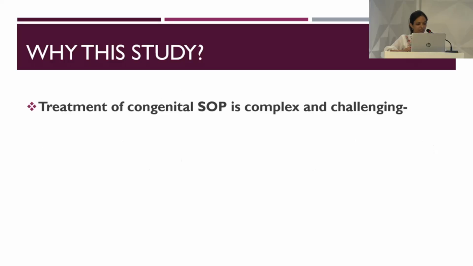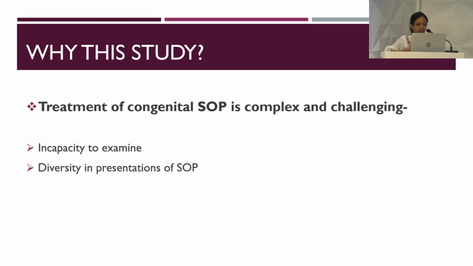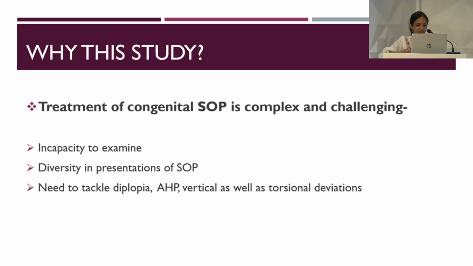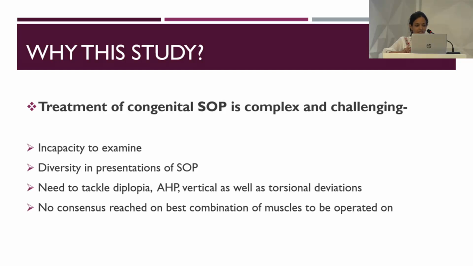So even for strabismologists, managing superior oblique palsy is a complex and challenging situation in view of incapacity to examine, especially in cases of children. Then diversity in presentations of SOP. We need to tackle diplopia, AHP, vertical as well as torsional deviations, all in one surgery. As such, there is no consensus reached about the best combination of muscles to be operated